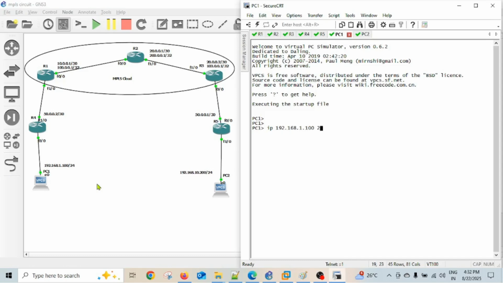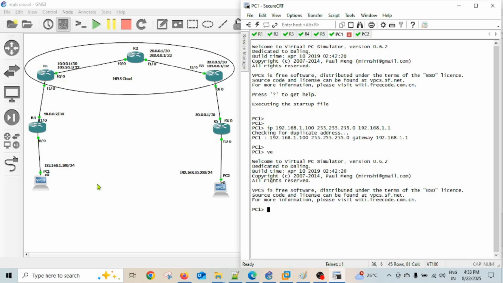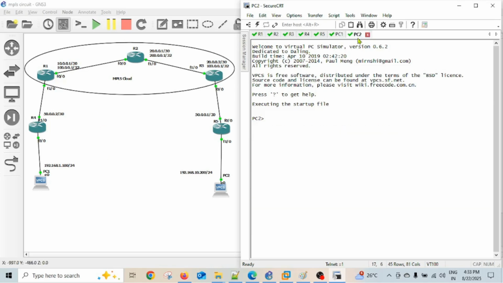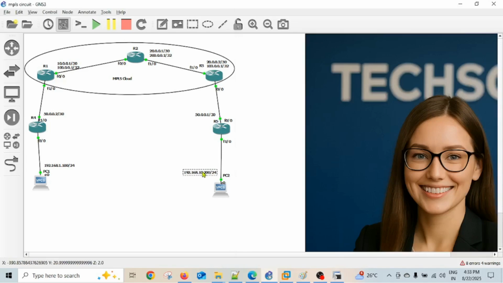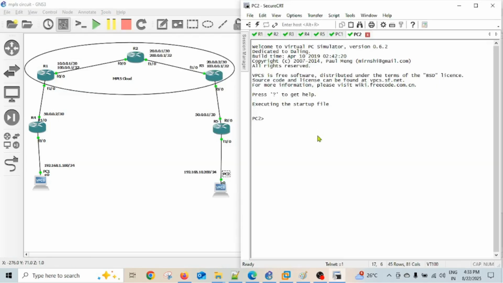192.168.100.1.100, 255.255.255.0, and the gateway will be 192.168.1.1. Okay, and I save it. Same for PC2. This is PC2, and the IP address is 192.168.10.200, 255.255.255.0, and the gateway 192.168.10.1. Now its gateway is configured as well,